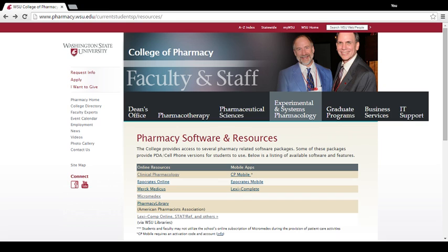This is Ross Bindler. I'm going to be showing you the LexiComp drug database. This is the last of the three that we have access to here at WSU. This one's run by Walters Kluwer, and it's used in hospitals and health systems, and it's targeted at pharmacists, physicians, nurses, and students. Most of this stuff is well respected, and it seems to be a pretty good resource